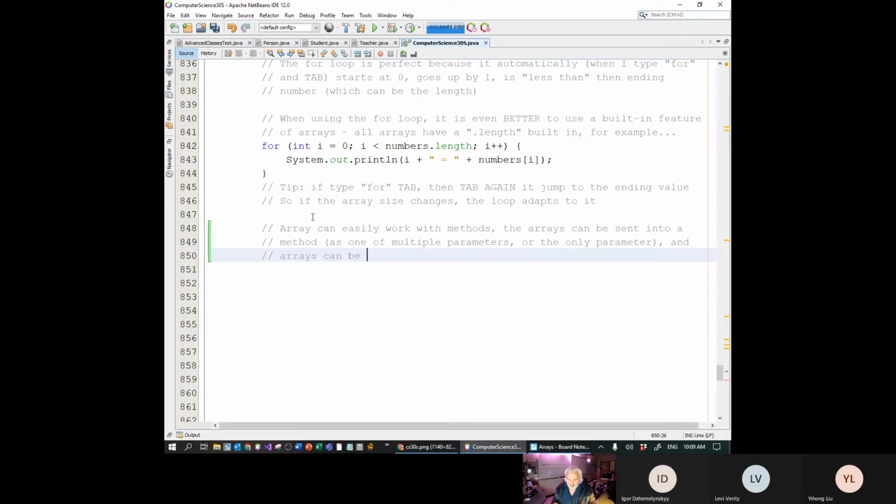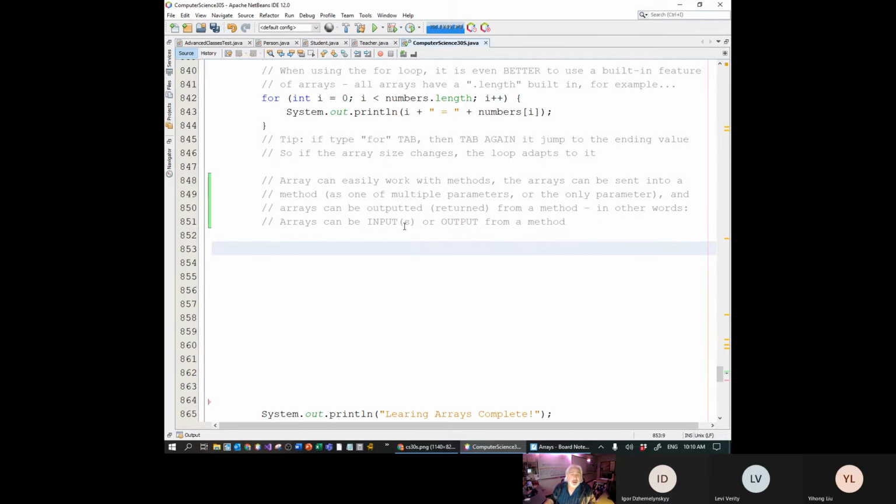Arrays can be outputted, in other words, returned from a method. So they can be inputs and outputs. So in other words, arrays can be inputs or output. So we shouldn't really see a big difference here in the way we've already learned about methods as it applies